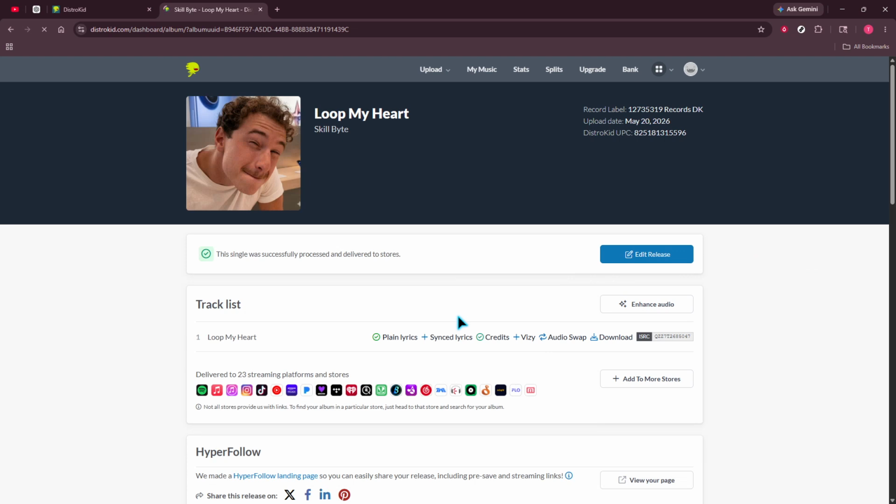Start with your email inbox. DistroKid typically sends a release confirmation email when your music goes live, and that message often includes both the UPC for the release and the ISRCs for each track. Search for terms like UPC, ISRC, your release title, or the distributor's name, and don't forget to check your spam or archived folders. If you manage multiple artist projects, search across all addresses you might have used. Once you find the right email, copy the UPC and save it somewhere secure so you don't have to repeat